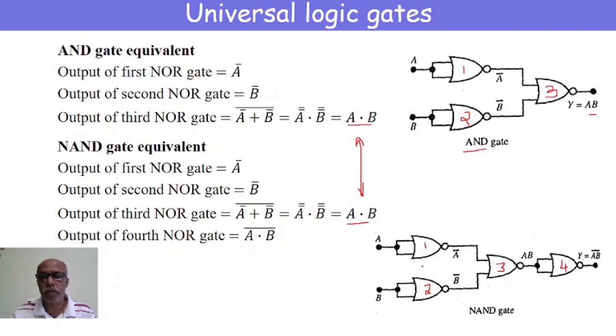So initially we have considered two NOR gates having single inputs. A and B are given to them, which get complemented. And these complements are given to the third NOR gate to get the output A and B, which is again given to the fourth NOR gate to get the output complement of A and B, which is the output of the NAND gate. Like this, we can realize different gates by making use of NOR gates, because of which we call the NAND gate and NOR gate the universal logic gates.